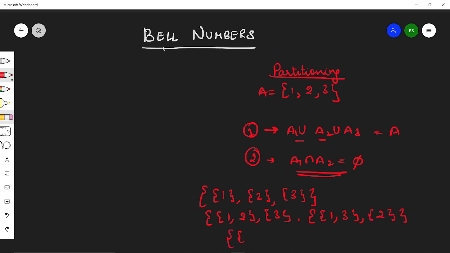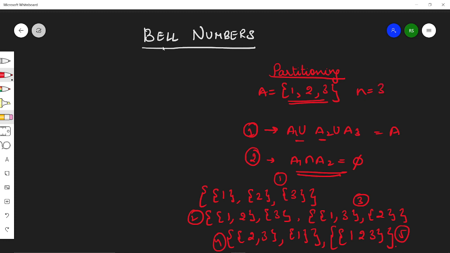Another way is I can pair 2 and 3 and separate 1. And another is I can combine all of these. So how many ways? 1, 2, 3, 4, 5. So when n, the size of the set, was 3, the number of partitions I could form was 5.